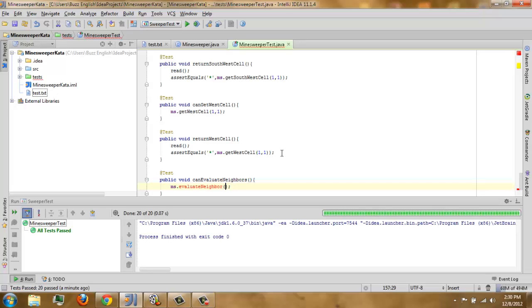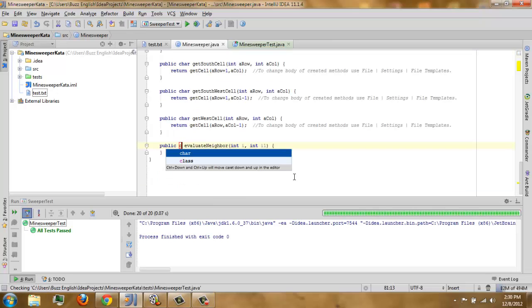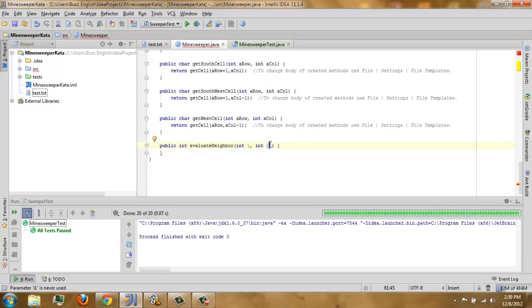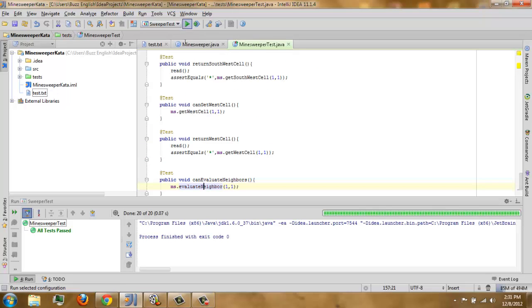At 1, 1, again, oops. I know that already, it would be red. We're going to make another method. I know it's not a char, but we want to return an int here. So this is a column and a row, and then return nothing, return 0. Then we'll test this first. We don't have the red anymore, so we have to test.